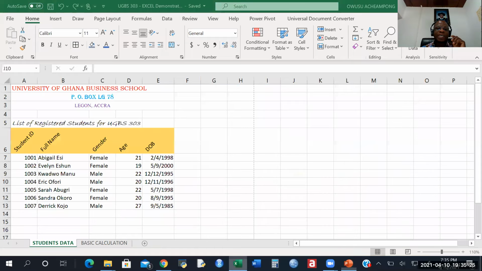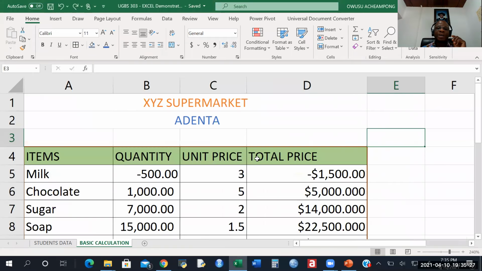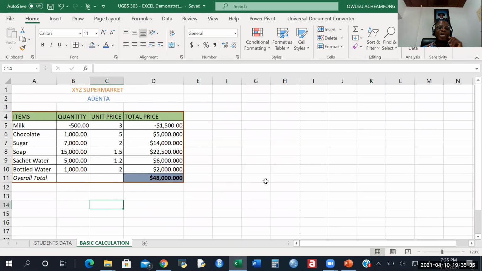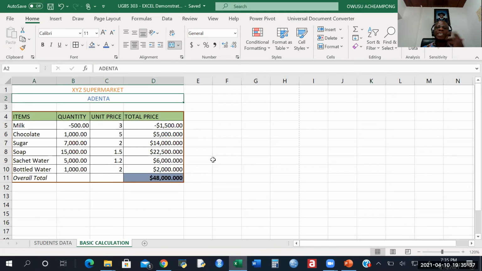So for instance, we go back here, let's go to the basic calculation. And here we have done some formatting. Let me now reduce this so that you see whatever we are going to do. And then I want to now apply some themes. So I'll select anywhere, and then you see,